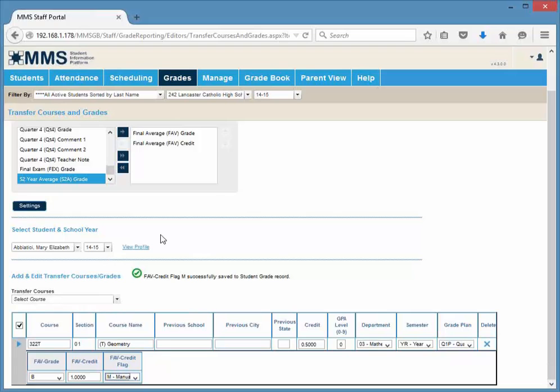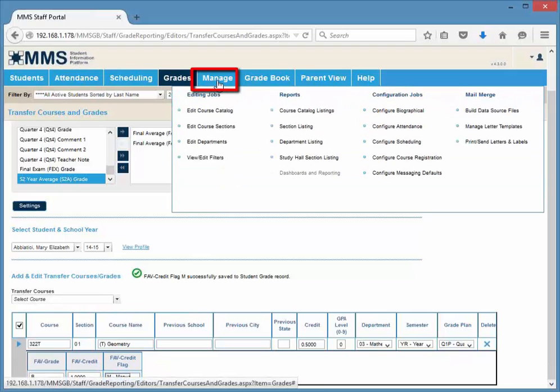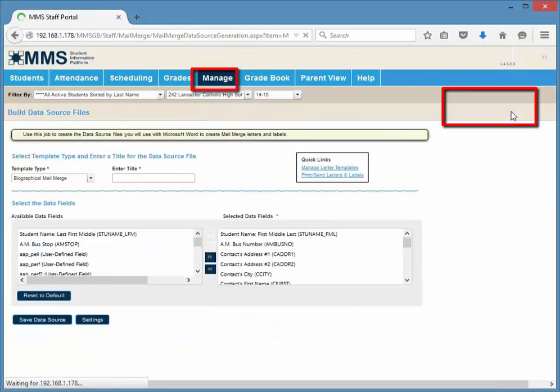The last of the new items are going to be under Manage. There's a whole new area here for mail merge. So mail merge is being added to the staff portal. The build data source files is where you can come in and set up how you want those to work. This is going to be similar to what we do with the skills report cards, but it gives you more